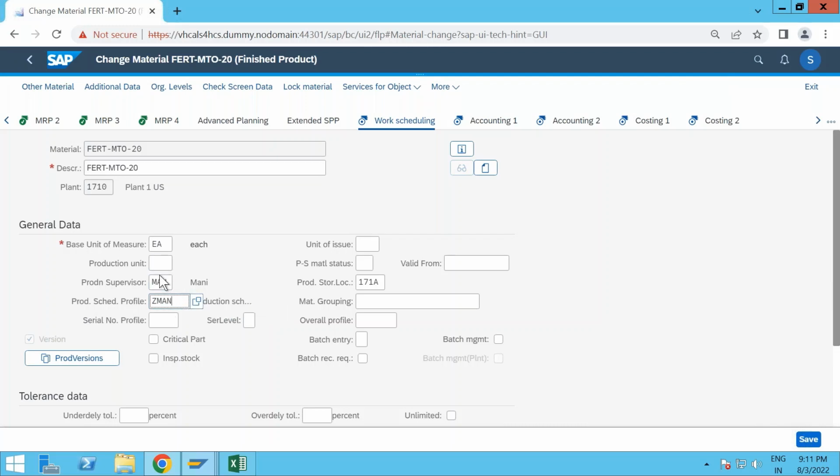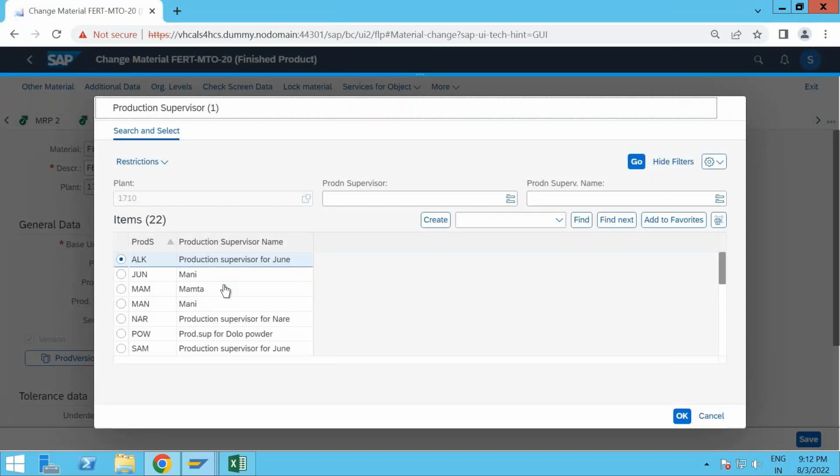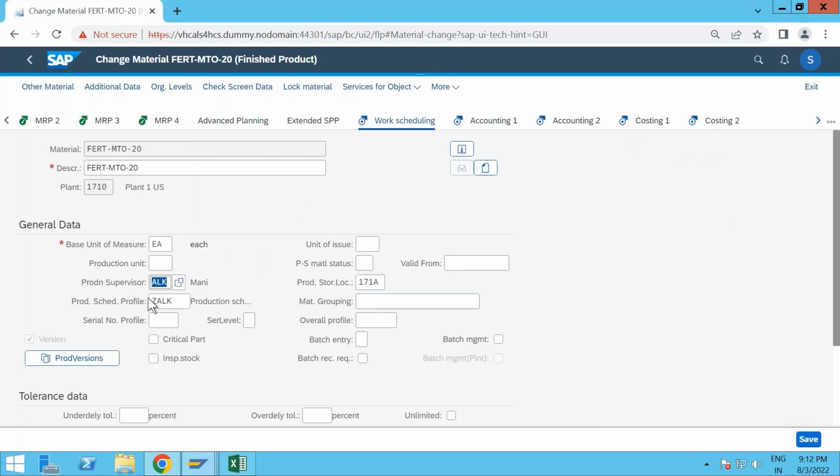Else I can also update this to ZALK, which we have created, and this will be ALK. I believe we have this. Yeah, the very first one. So I can update my production orders which we have used or which we have created for this particular batches. Okay,